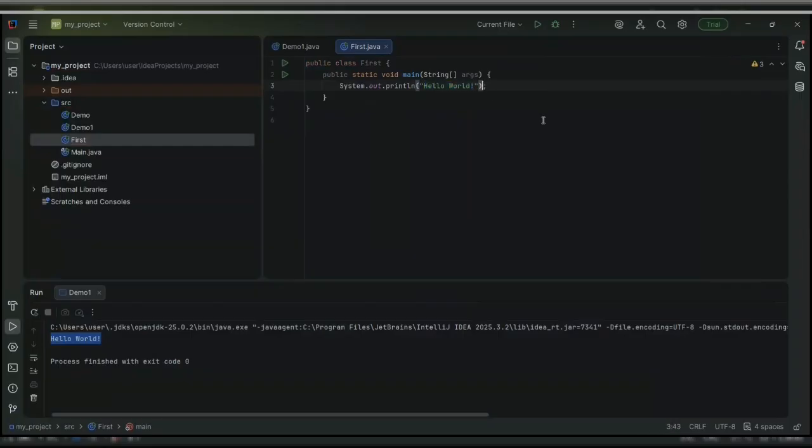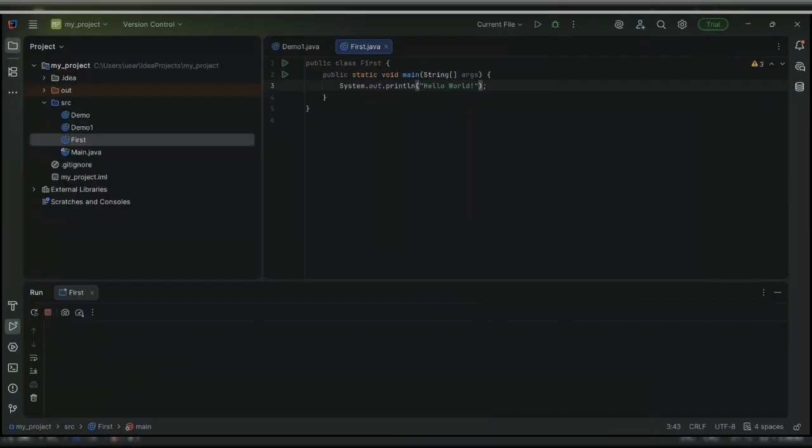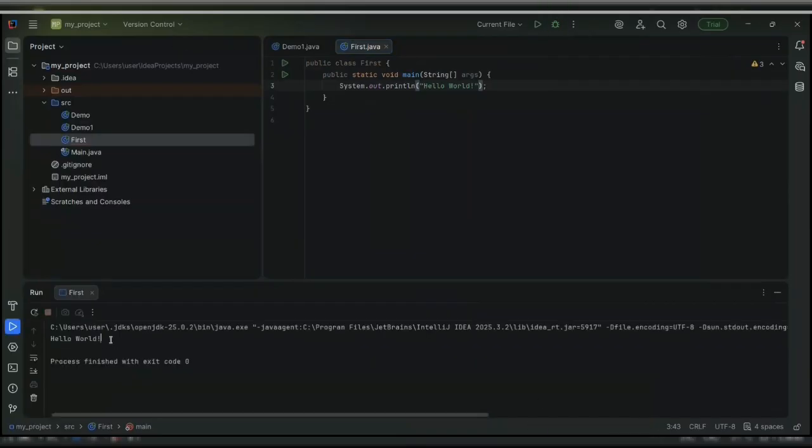Yeah, it is working. And let's try to run our first Hello World program. And here, as you see, it compiled, and now we have the output here on the console.